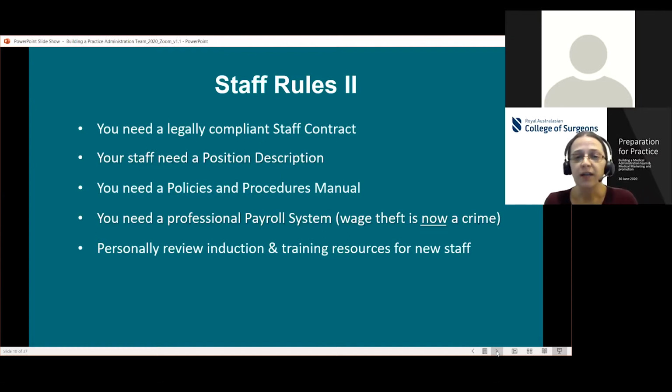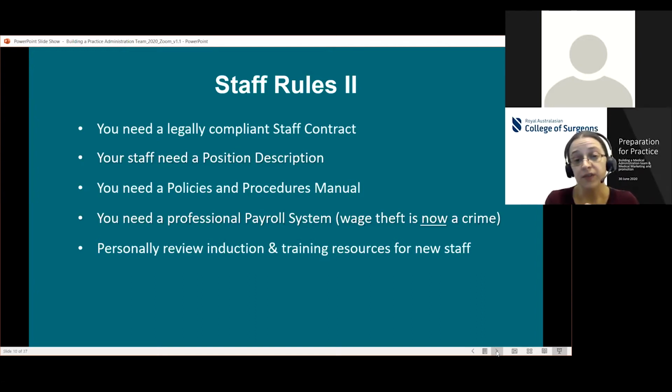You do also need a policy and procedure manual. Now, for specialists and surgeons, it may not need to be as detailed as perhaps a general practice that needs to jump through a lot more hoops to be compliant, but you need to have something on some of the key metrics that you have around your practice. And that can be simple things like presentation, passwords, all of those kind of basic policies, but also specific things that might be related to how you want your patients handled, how patient data is monitored, and so forth.